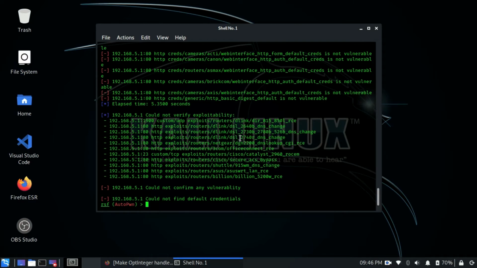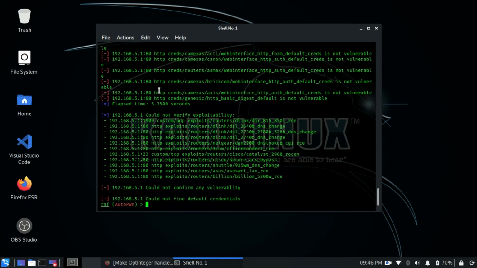So that's it. But if you find any vulnerabilities and this box is green, what you need to do in order to see what that vulnerability actually does, I will show you.